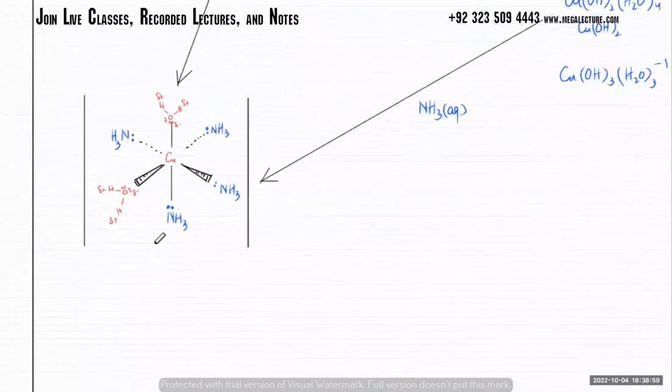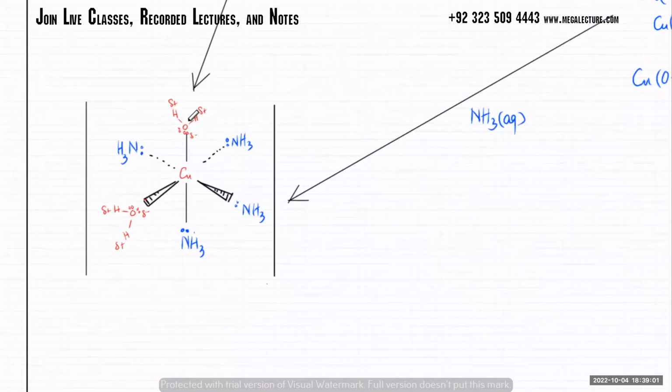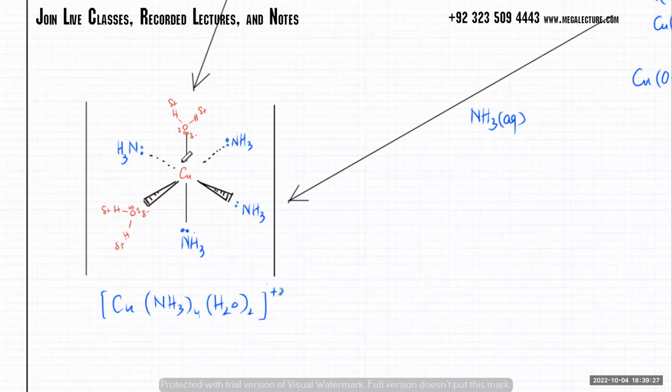It all depends on concentration. If ammonia has a higher concentration, they're going to knock out every one of those water molecules. So in this case, you're getting this complex. You've got Cu with 4 NH3s and 2 water molecules. The charge does not change because water is neutral. NH3 is neutral. Copper is the only one that's +2. So the overall thing will have a charge of